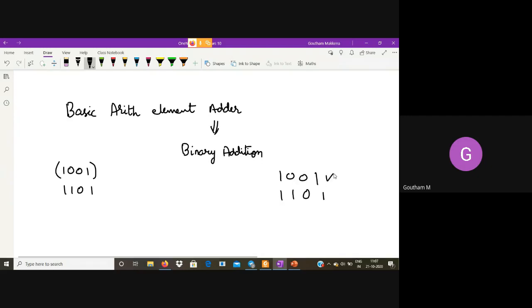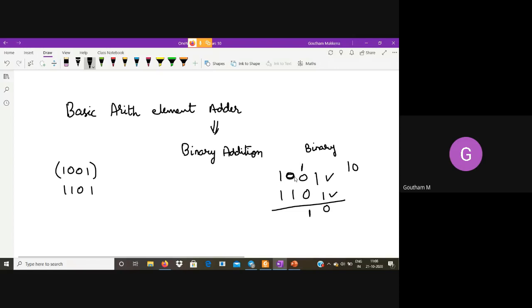Suppose these are the two binary numbers: 100111101. This is one binary number, this is the second binary number. I am trying to add these two. Again, the number system that you are in is binary. So what is 1 plus 1? 1 plus 1 is 2, and 2 in binary is 10. So like normal addition, this 0 comes here and this 1 goes over as a carry to the next stage. Now you add these 3 bits. 1 plus 0 plus 0 is 1, so 1 in binary is 1. Now there is no carry generating from this stage, so you go to the next stage.